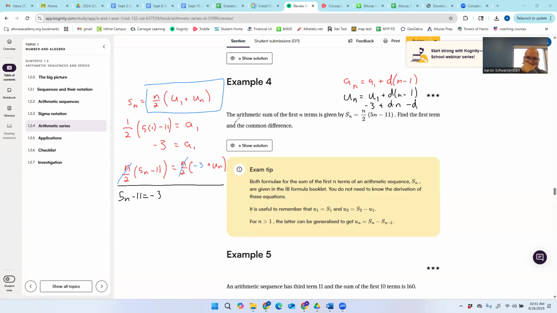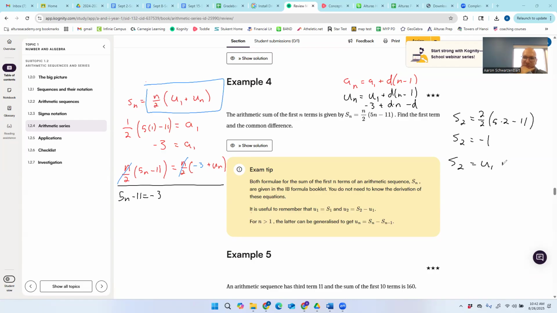I need to find the common difference. Now, here's a trick. I can do S sub 2 equals 2 over 2, 5 times 2 minus 11, which is -1. So the sum of the first two terms